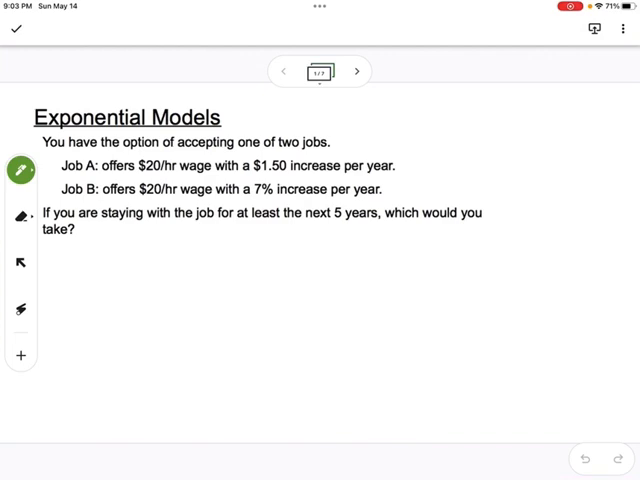So you have the option of accepting one of two jobs. Job A offers $20 per hour wage with a $1.50 increase per year. Job B offers $20 per hour wage with a 7% increase per year. If you are staying with a job for at least the next 5 years, which would you take? So we want to look at these jobs separately and compare. So job A,